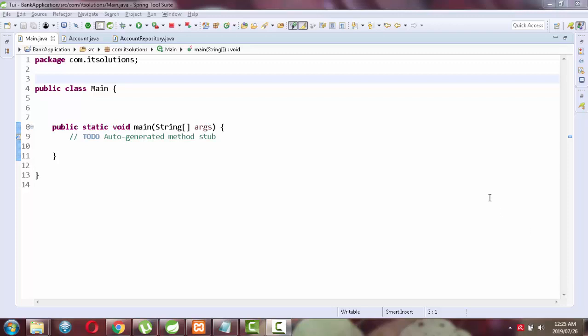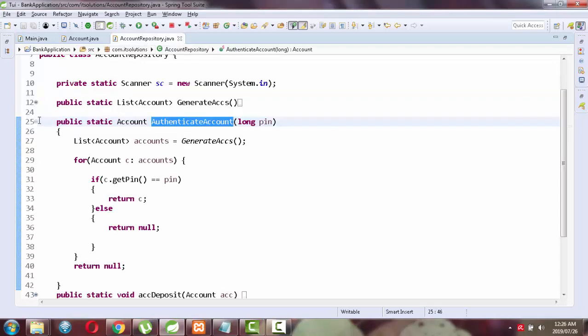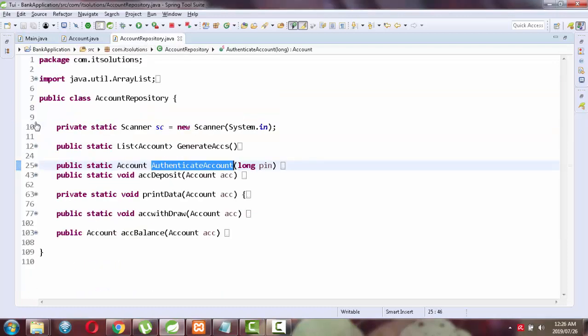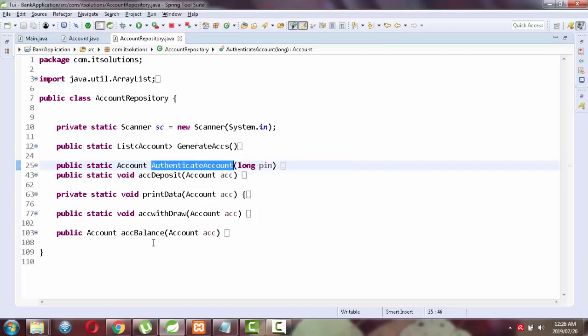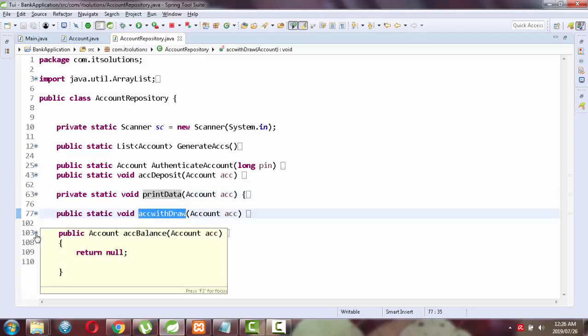In the previous tutorials, we worked on our account repository class. It seems like we are done with it now. We were able to implement all these methods. We were able to implement the authentication, account deposit, print data, and withdrawal, but we were not able to implement